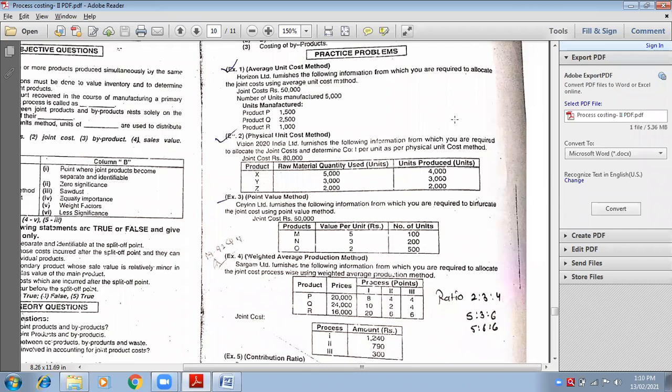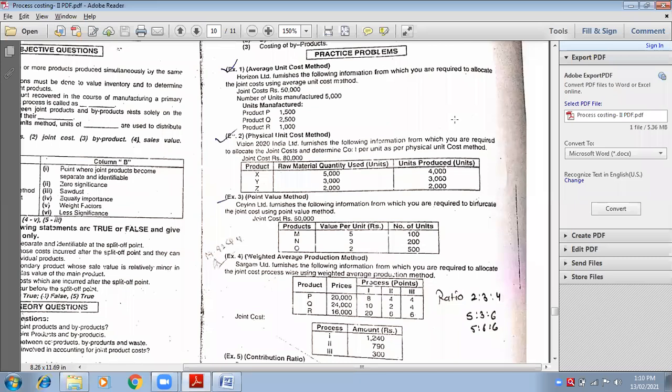So here we have 4 columns. I hope you have made that. Let us quickly start with value per unit, because we want total value. How will we calculate total value? With the help of value per unit and number of units. So write down number 1, value per unit. What is the value per unit of M? 5. N, 3. And O, 2. Very good. Have you written it? Yes, ma'am.